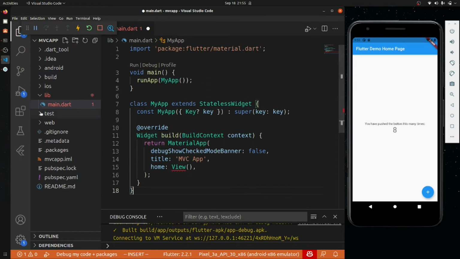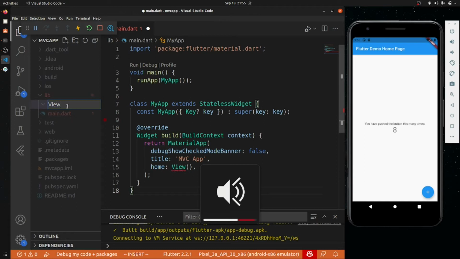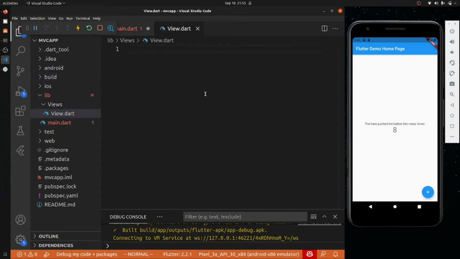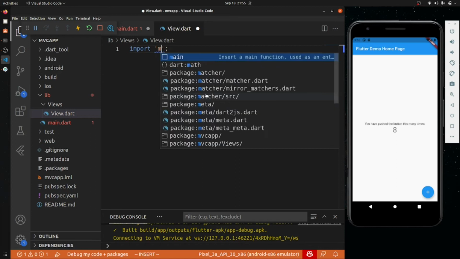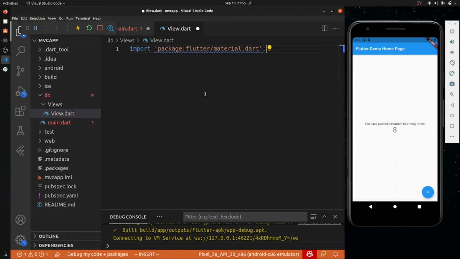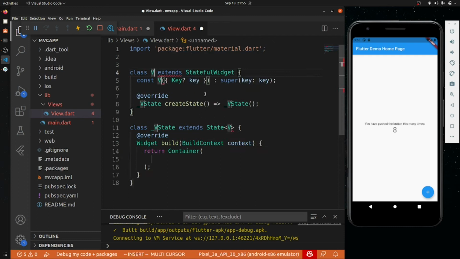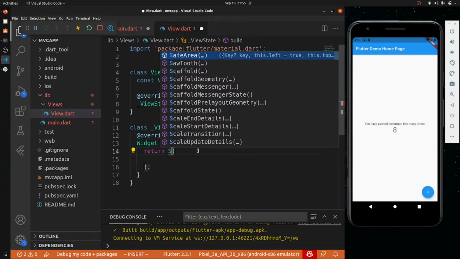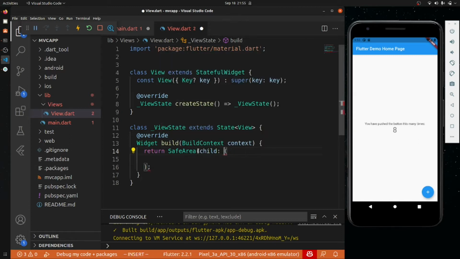So firstly, let me just create. Okay, I will be creating in a different pattern, or this is the pattern that people use, view, or I should give the name as views. Okay, because you can create multiple views, view.dart. Okay, and inside this I will import material.dart. Okay, and then a stateful widget whose name will be View, and then in this container it will be a SafeArea, and SafeArea will have a